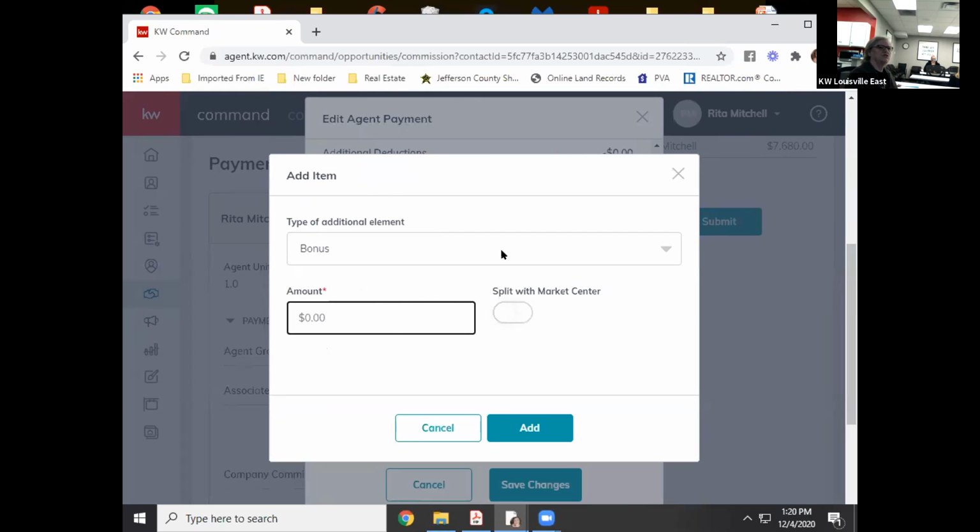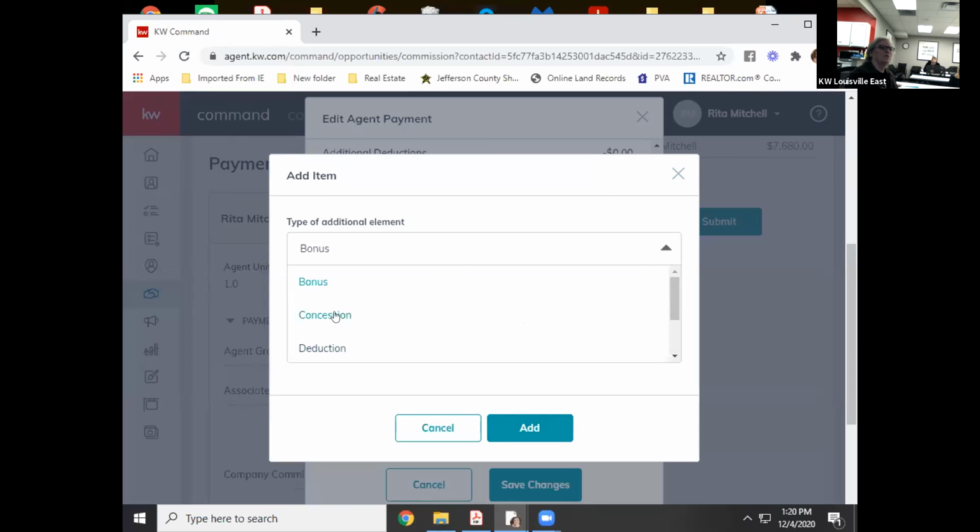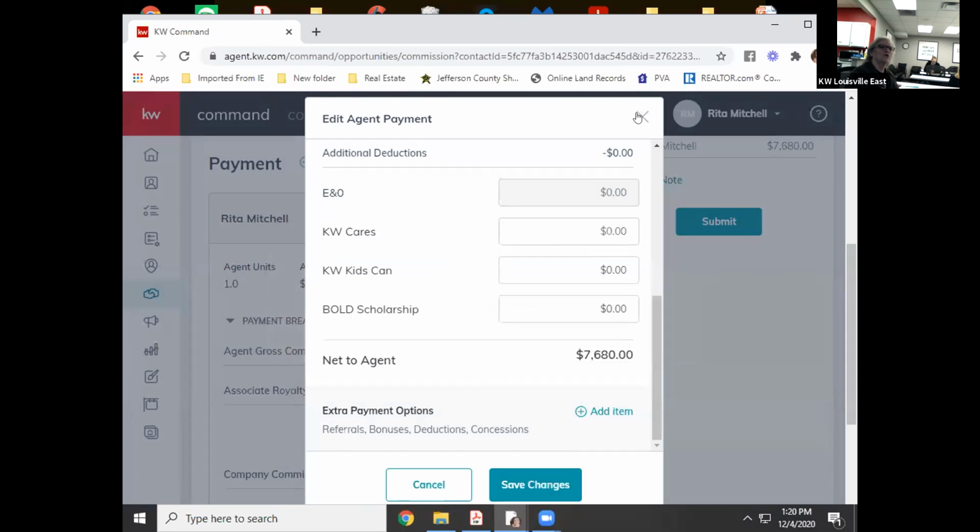Don't worry about this section, and don't turn that on, because Winmore already has everything set up. We don't want to cause any more problems for the system that we use to pay you through. So just choose bonus, put the amount, and then add. We don't use concession. We don't use inside referral. If for some reason you forget to do that,